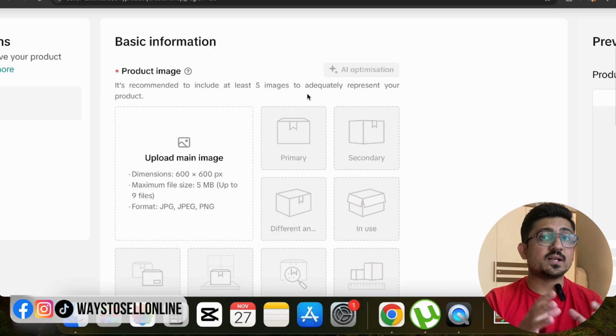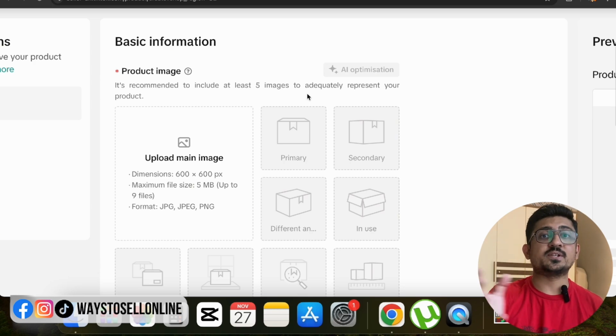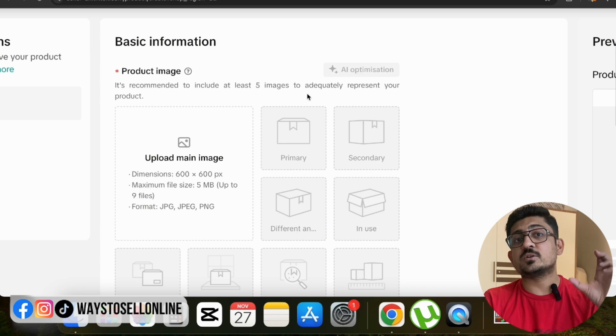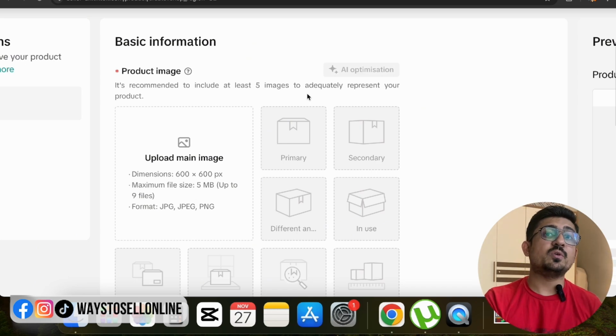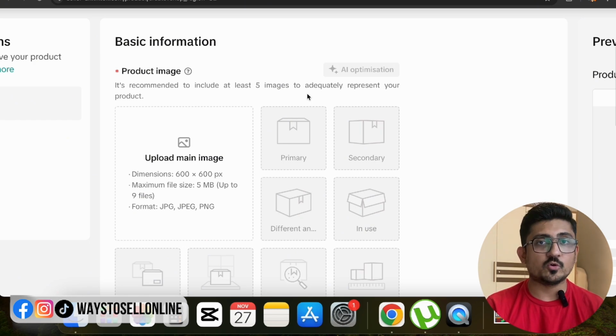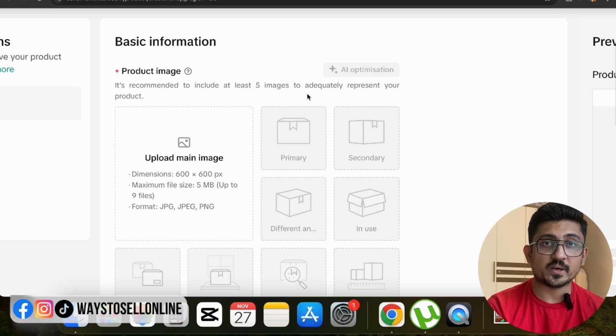So basically we need to understand that images are the 40% thing which most people focus on in the listing, right? If we break down the factors which bring sales to your listing, 40% of the share will be taken by images, because images are the visual representation of your product and can say everything about your product, right? So all you have to do, before creating the images, is open ChatGPT